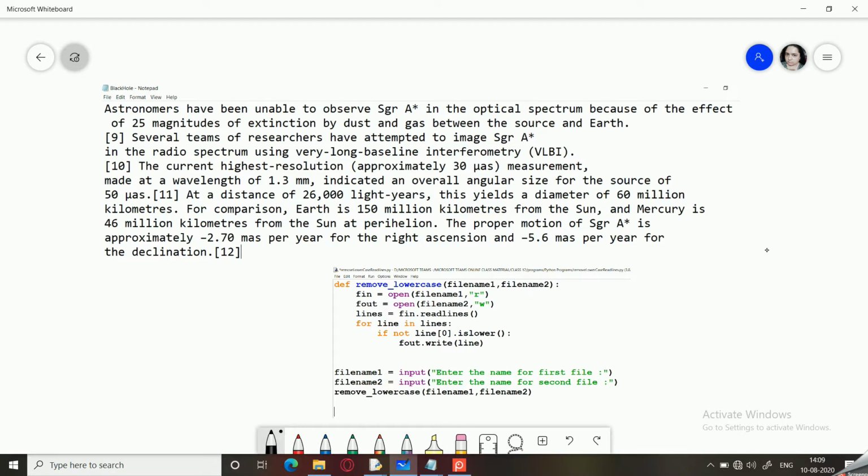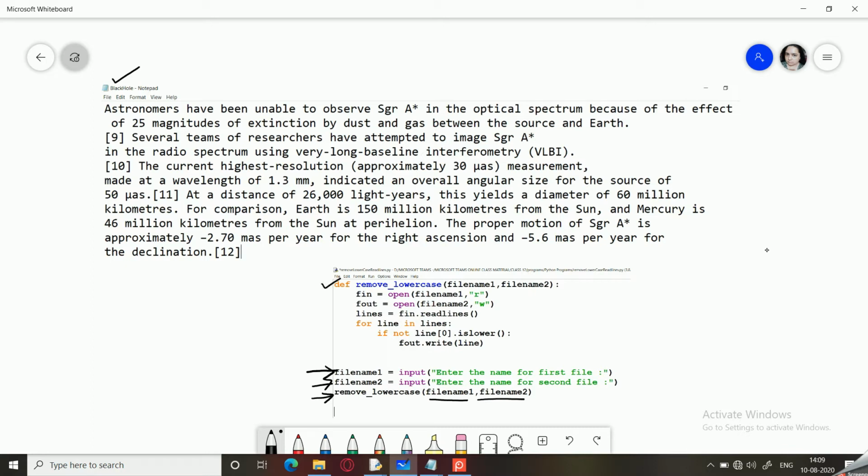So our program will first start from this location, that is reading the names of the file. So the first file is this, that is black hole, and the second file will be the one which we have changed, that is black hole without lowercase. So after these two statements are executed, the remove lowercase statement will be executed and it will send these two file names.